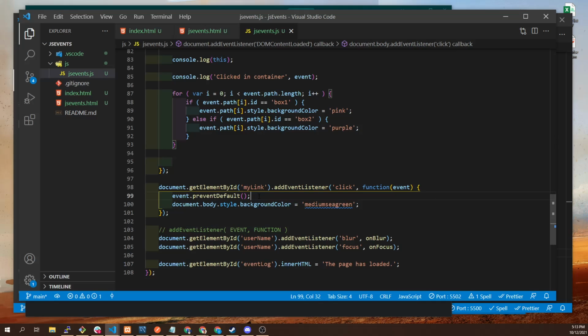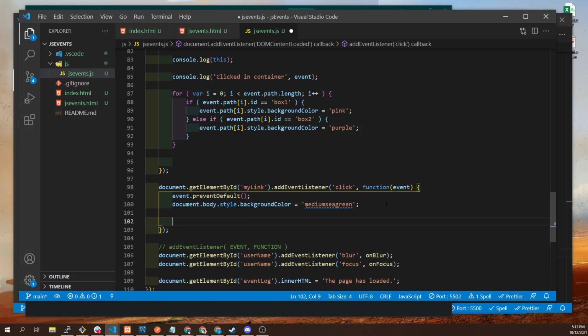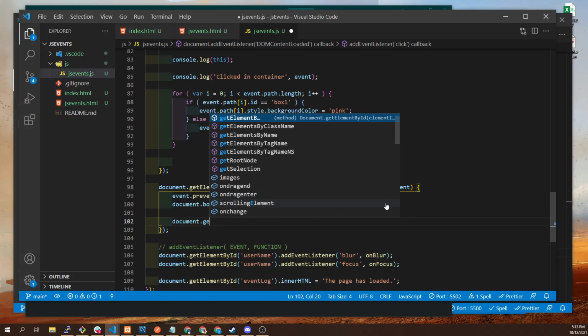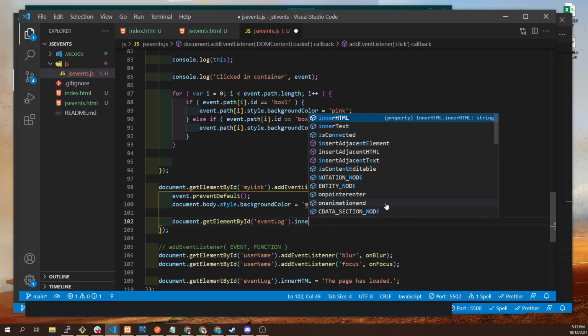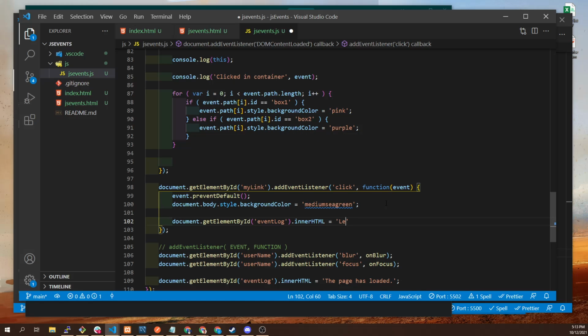So by using the event.preventDefault function, we can stop the default behavior for people who have JavaScript, and we can handle that kind of stuff ourselves, right? We could even come in here and say something cutesy like document.getElementById, what do we call it, eventlog, innerHTML equals "Leaving page in 5 seconds", right? And then we can say,